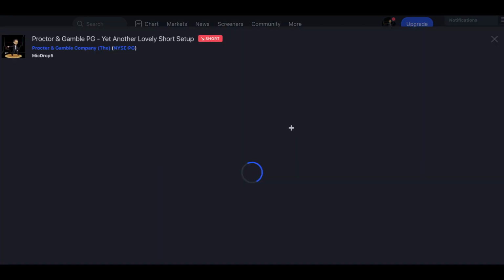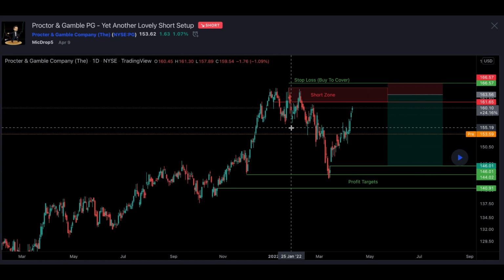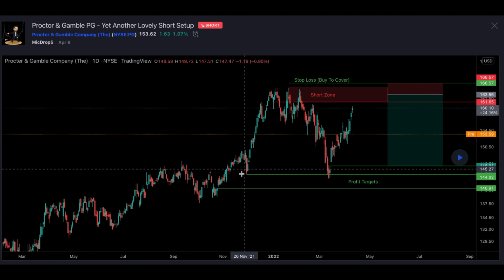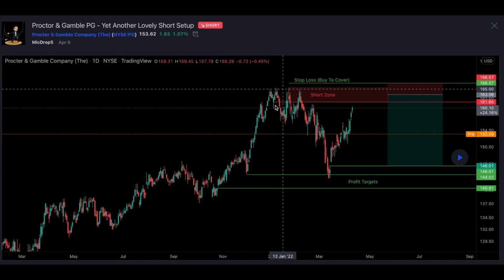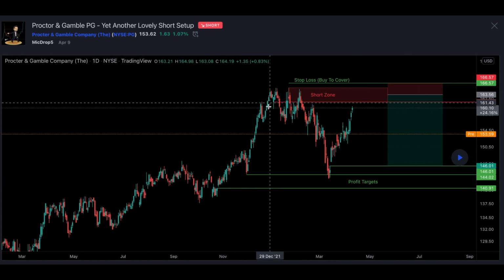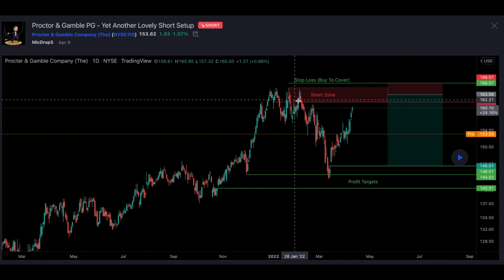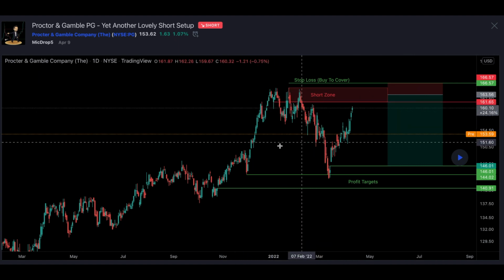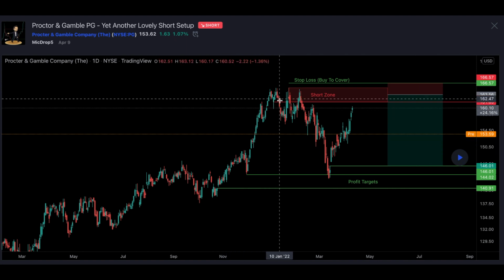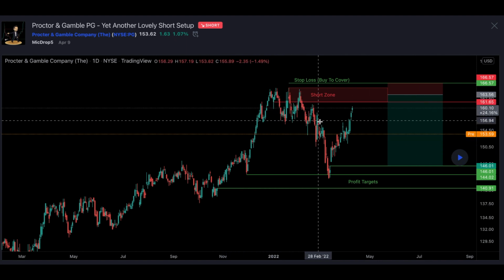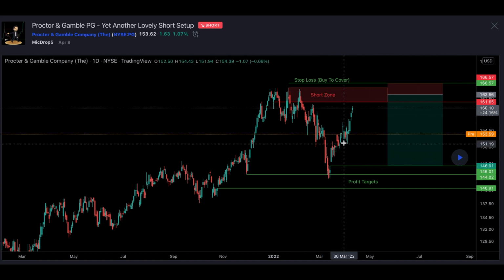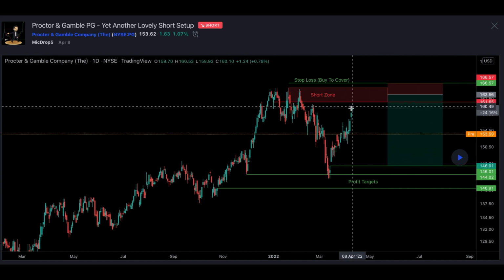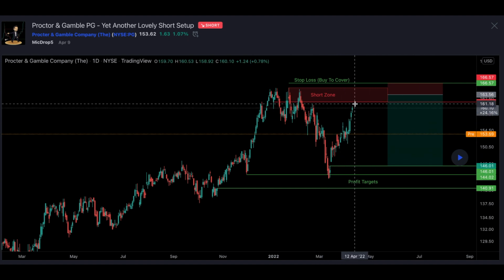So this one, Procter & Gamble, was just so profitable. I looked at this and I was like, this is when you see slow, intentional curving of trend like this, it's buyers and sellers having a conversation and sellers winning out. And then when the price comes back up for a confirmation, I mean, that's just a no-brainer to do a